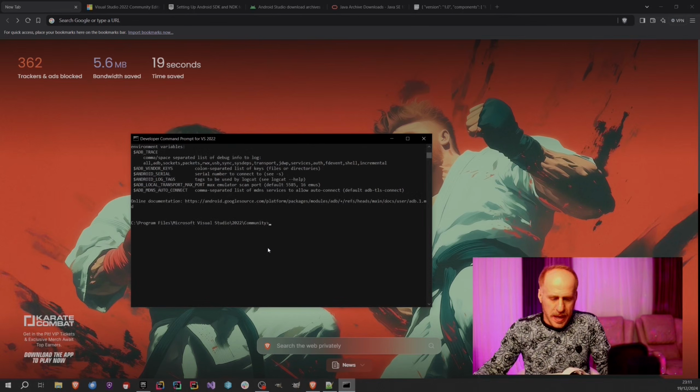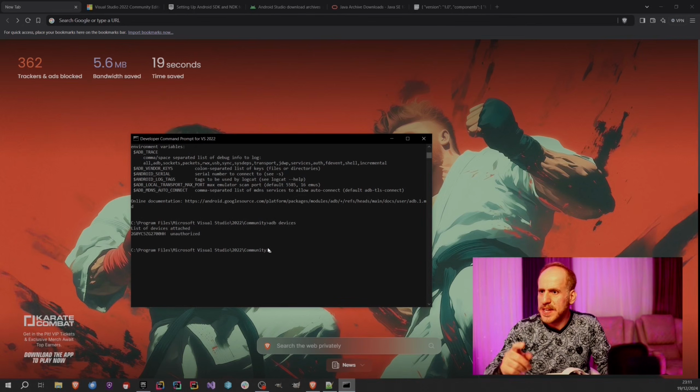But anyway, now it says the device is unauthorized. The reason is basically I have to give the computer that ADB instance permission on the device itself. So for that, again, I'm gonna stop the video and we are going to see what happens on the headset once we basically run ADB devices or any other ADB command, and then we're gonna be back on basically